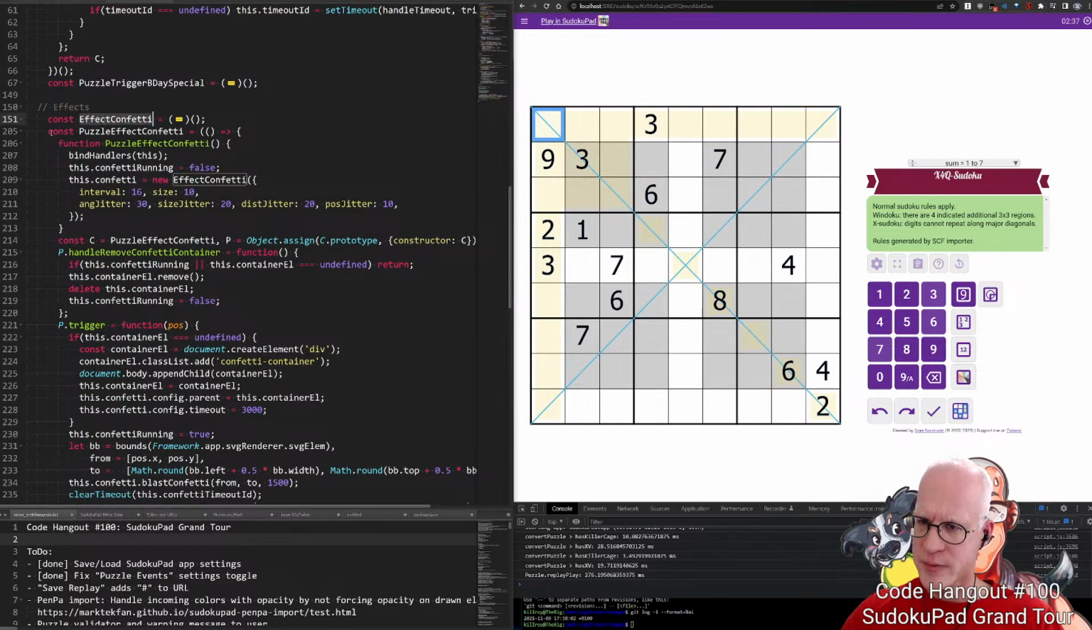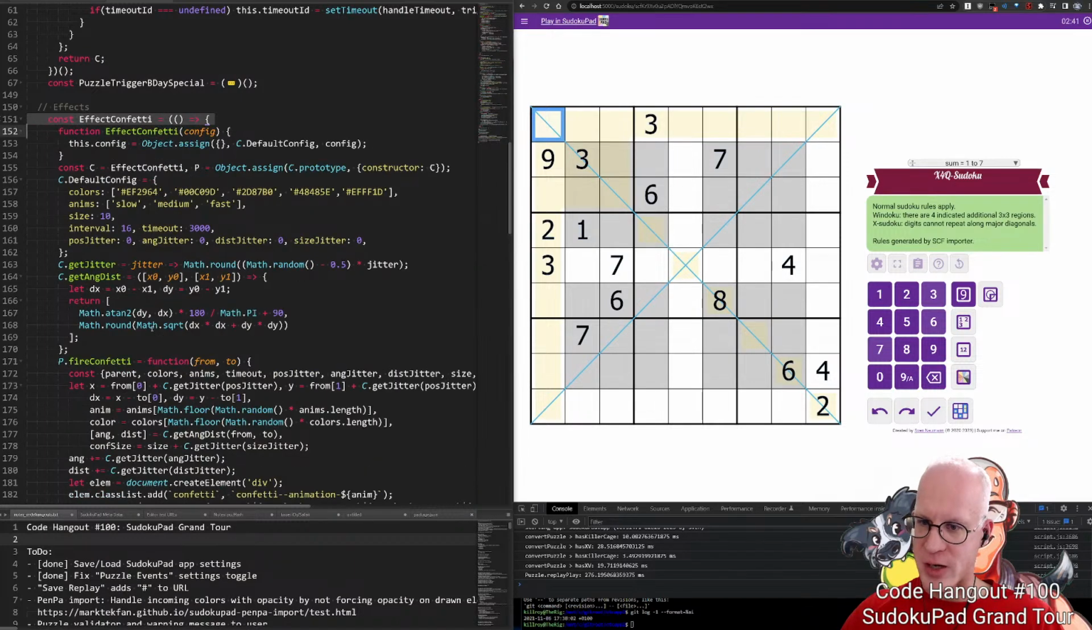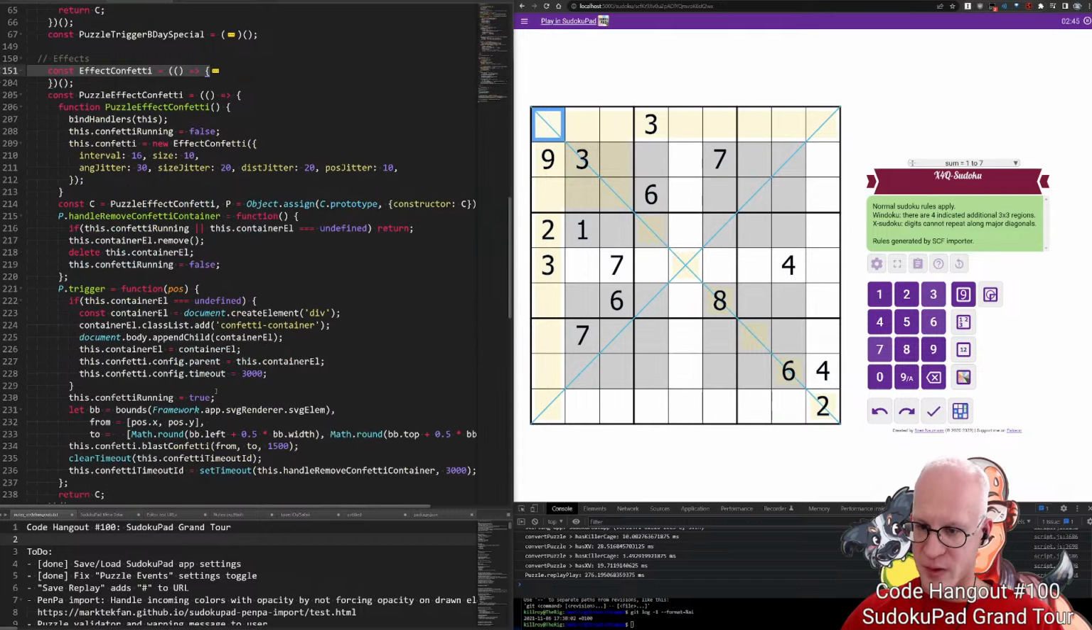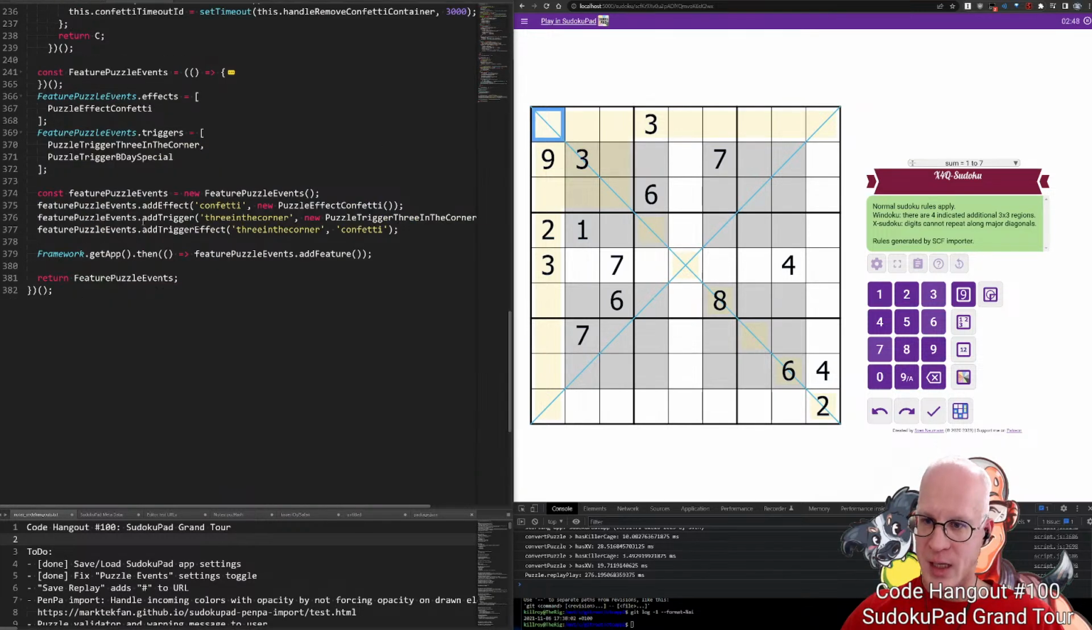And why do I have effect confetti and puzzle effect confetti? Yeah, so I think I have the generic confetti effect in case I want to use it for something else. And I created a sort of specific effect. And then I'm just saying, hey, if we're adding the effect, we're adding the trigger, and if the trigger triggers, fire this effect, right? And this is kind of a basic framework. But in the future, the idea is lots of people might be able to build lots of things, including things specifically for a specific puzzle, maybe,